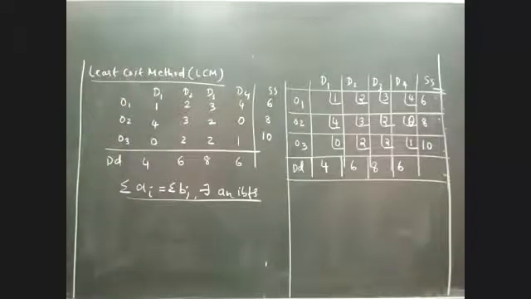Now, can you please tell me about the entire table? When I say entire table, please remember that demand and supply values should not be considered. I should only consider the main problem, that is the unit transportation cost values. Demand and supply are not considered here. They are only considered for allocations. So now can you please tell me, in this entire matrix, which is the lowest value? 0, sir. Very good. So 0 is the lowest value.